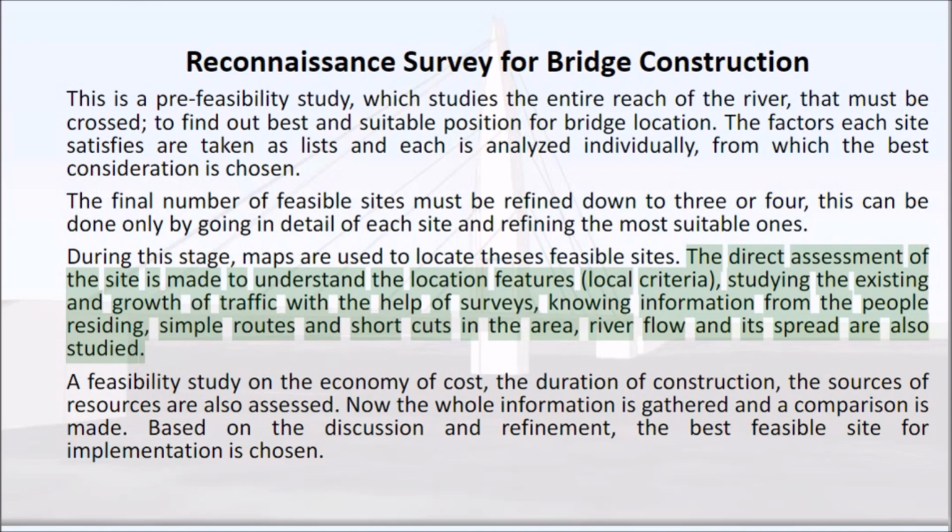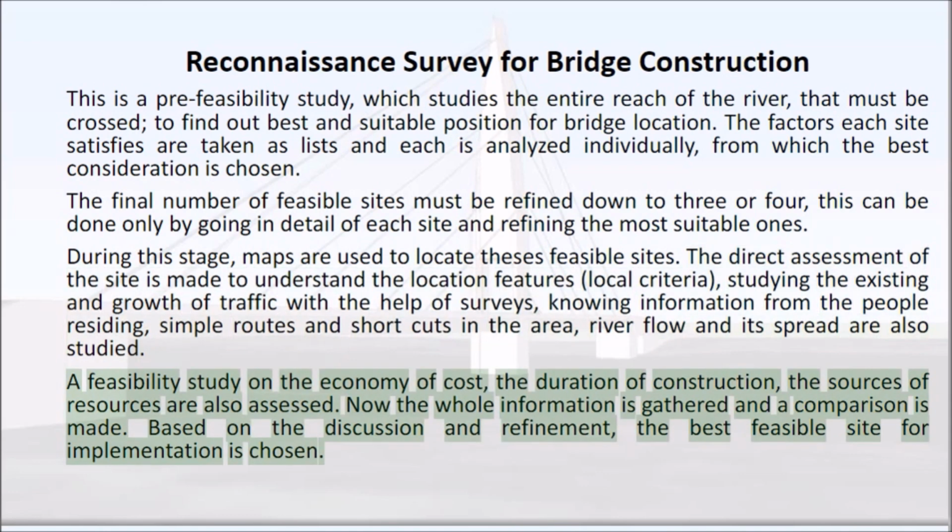River flow and its spread are also studied. A feasibility study on the economy of cost, the duration of construction, and the sources of resources are also assessed. Now the whole information is gathered and a comparison is made. Based on the discussion and refinement, the best feasible site for implementation is chosen.